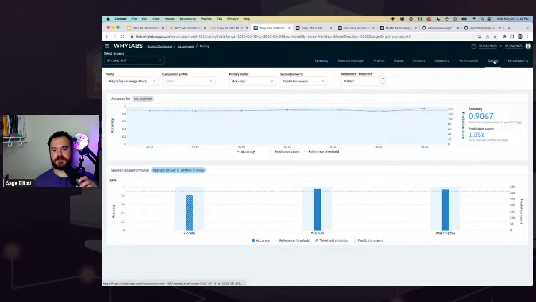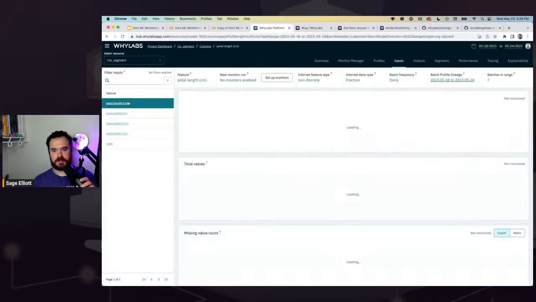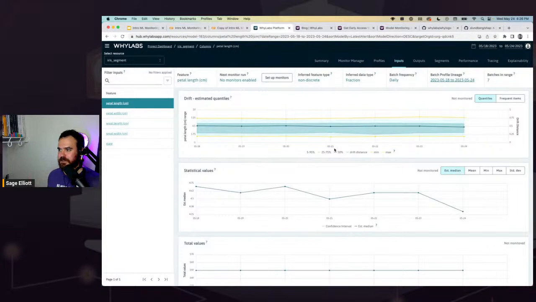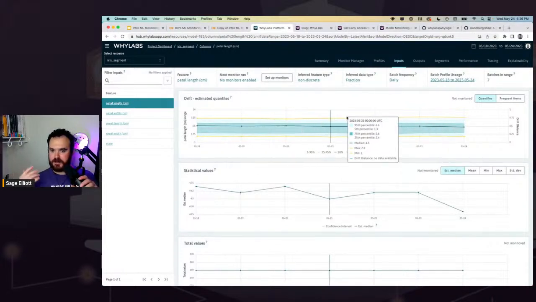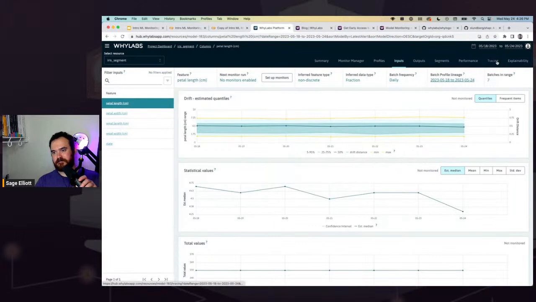And this really allows you to find really hard to see things in other visualizations. Like if we just went and looked at the input data, again, you don't have to switch tabs or anything like that right now. But if I looked at the input data here, before it was easy for us to visually see that something might be off. In this case, our input data looks fine, but I'll give you a quick hint. There could be some hidden bias in here. So if we go to our tracing,